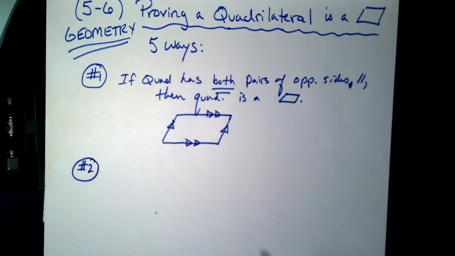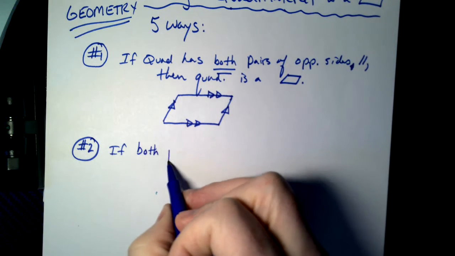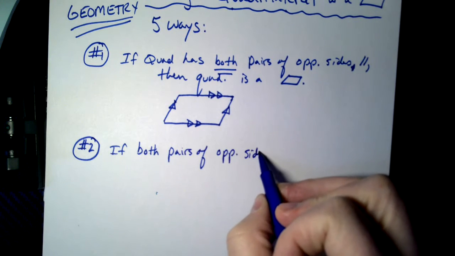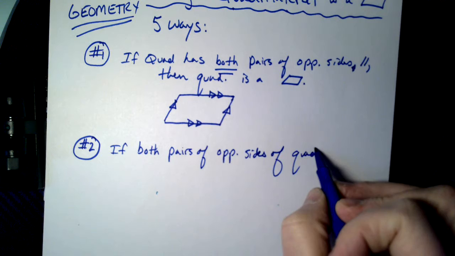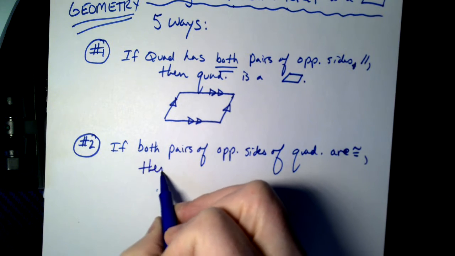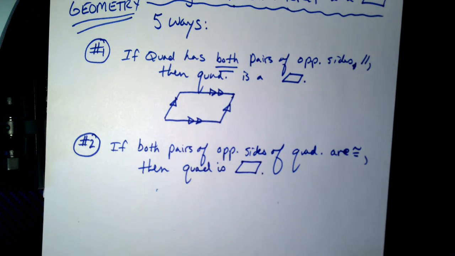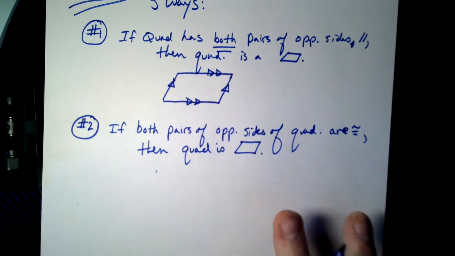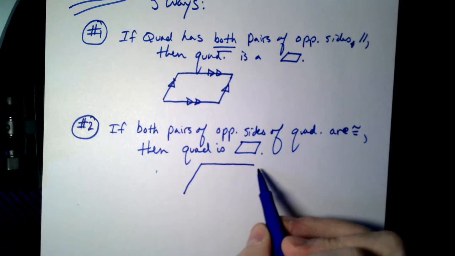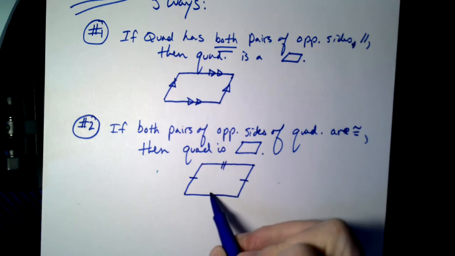Number 2, the number 2 way, if both pairs of opposite sides of a quadrilateral are congruent, then the quadrilateral is officially a parallelogram. So this one, excuse me, this one we don't have to prove parallel lines at all. If we can just somehow do a proof and we can show that the left is congruent to the right and the top is congruent to the bottom,